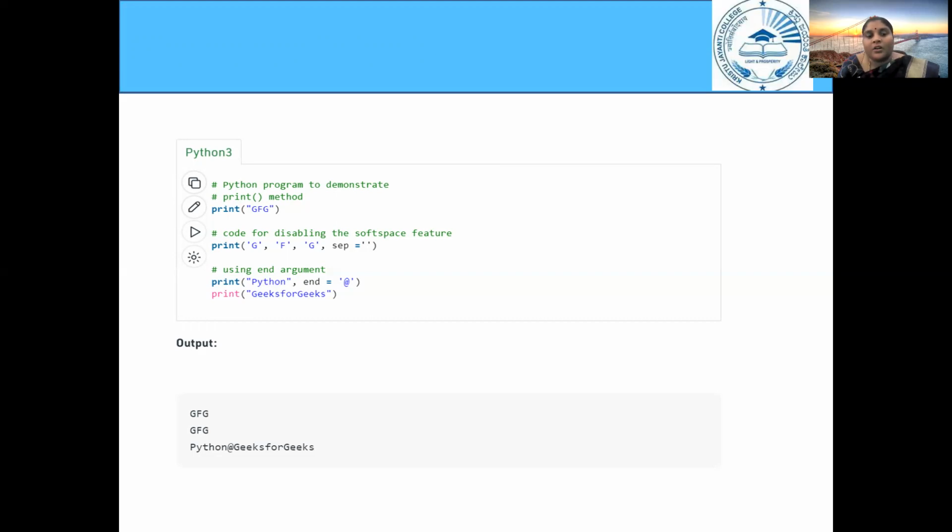When I am printing the first statement, it should print Python, and only at the next statement should it print geeks for geeks, but it is printing in a single line. So we are just telling the interpreter that whenever it sees that symbol, it should concatenate the next line of statement also. So this is very helpful whenever you want to print lengthy statements at a stretch.